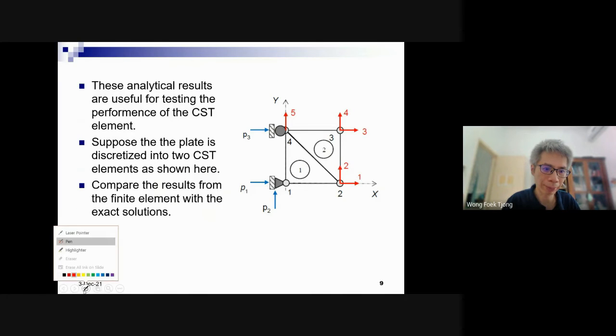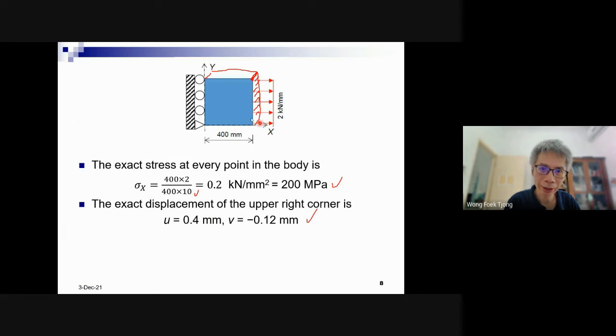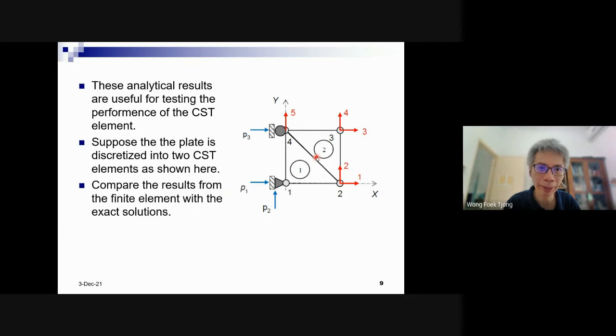Well, to use finite element as usual, the first step is to model the continuum model to become a finite element model. How many elements do you want to use? Well, in this example, let's say we use 2 elements. Element 1, 2, with the degrees of freedom, this one. For each node, we have 2 degrees of freedom. The numbering of the elements and the nodes is as usual in the direct stiffness method, and this is the active degrees of freedom.